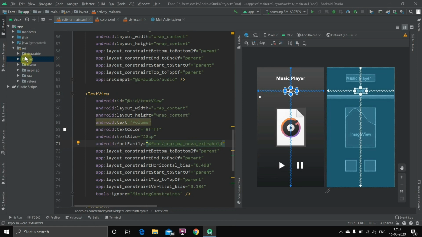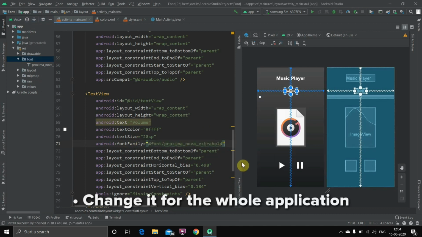Now here you can take any number of fonts which you want inside the application, but just make sure if you are publishing the application on Play Store or something, then make sure you have the license or the rights to use that particular font. Alright, now you can apply n number of fonts for n number of text fields. Use the same method. Alright, now second thing is that we'll apply it to the whole application.